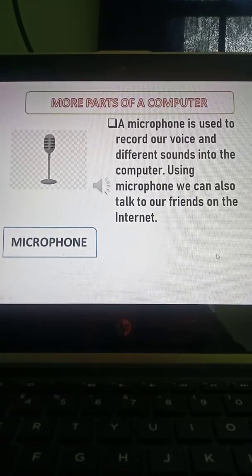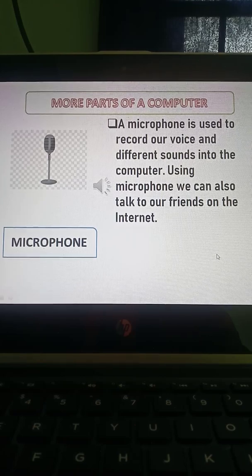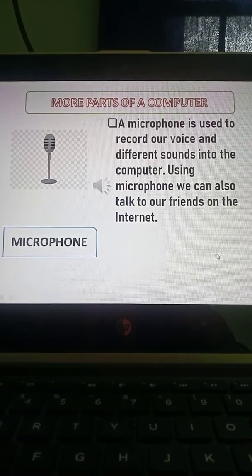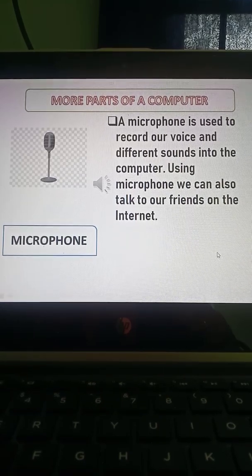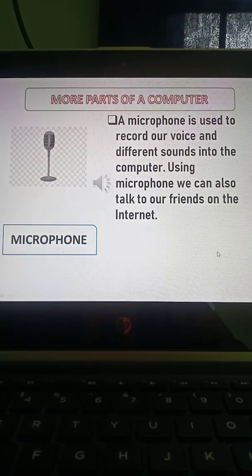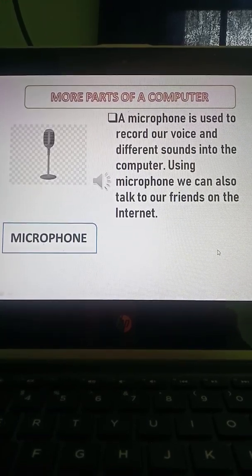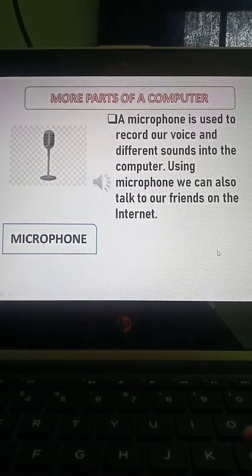And we also use the microphone to talk to our friends on the internet. Like I am speaking, no? I am speaking with the help of the microphone. With the help of the microphone only I am able to record my voice. Understand? Now come to the next slide.